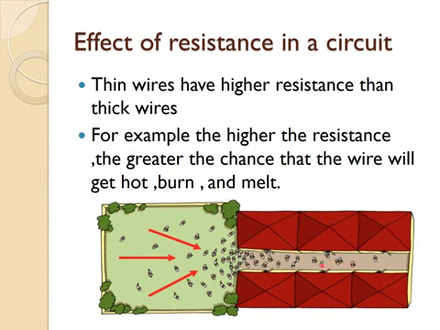So when the charges move through this narrow portion, they will collide with each other, and even the atoms or the other charges which are already present in that conductor will be colliding with the charges which are moving through the conductor. So this collision will increase the temperature of that conductor, and as a result the wire will get hot, and then maybe it will burn, or maybe it will